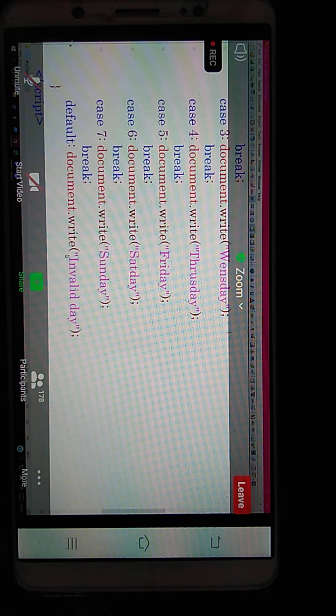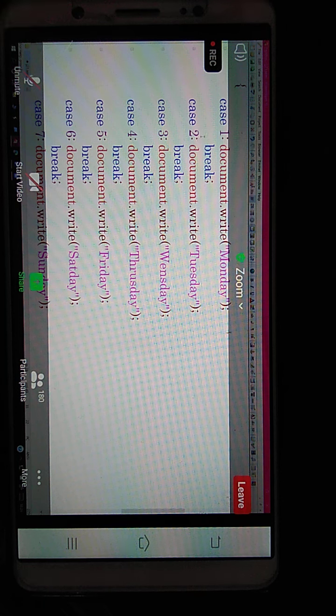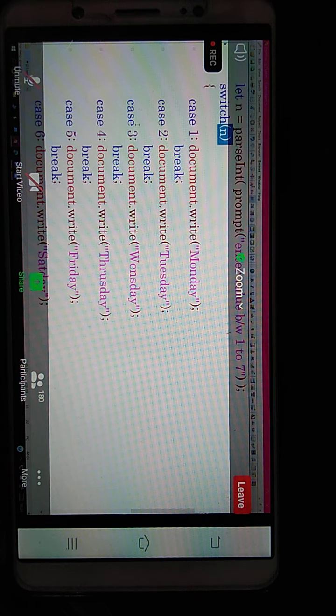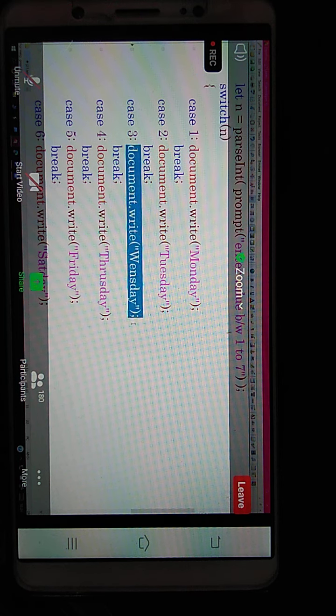So this is the writing of the switch case. The input value is matching to which case, the corresponding steps are executed. Immediately break. Break means, sir, it comes out of the switch. The program continues but the switch is terminated.